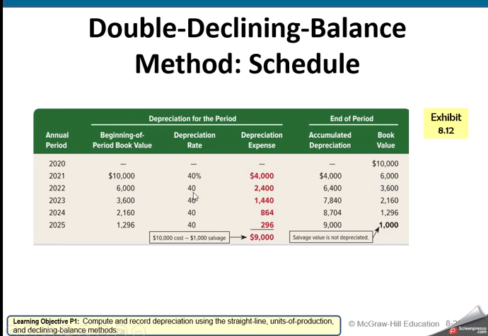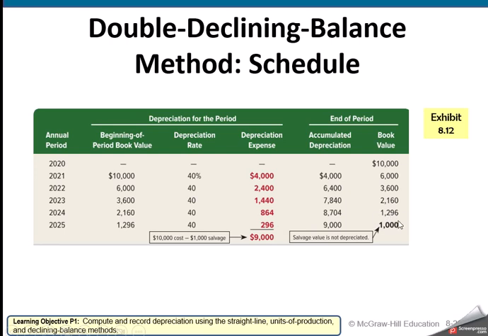Then 6,000 times 40% in year 2 will take another 2,400, which brings our net book value down to 3,600. Multiply that by 40%. Our depreciation expense is 1,440, which takes our net book value down to 2,160. Multiply that by 40%. Depreciation expense for year 4 is $864. That brings our book value down to